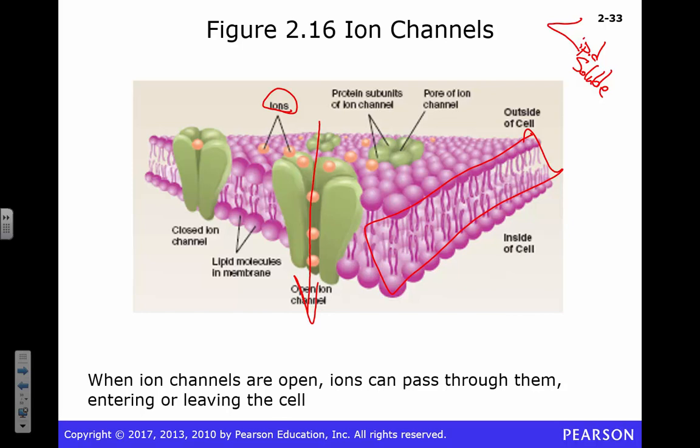So we got an ion. It doesn't matter what the ion is. This can be any ion you want, although it's probably going to be sodium. It's the way this works. Okay? This ion channel, we got to open it. We don't want it to just open randomly, right? We want it to open when we want so we can fire that action potential.